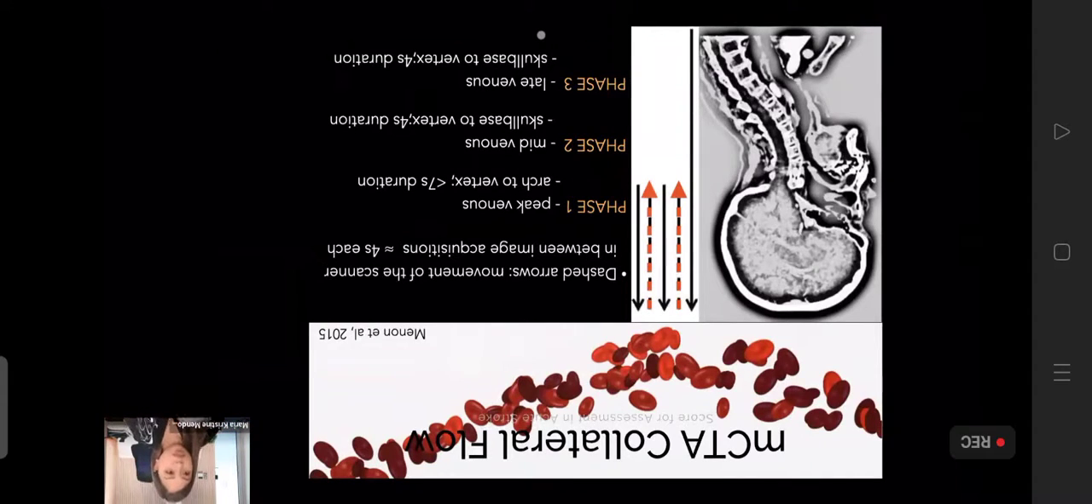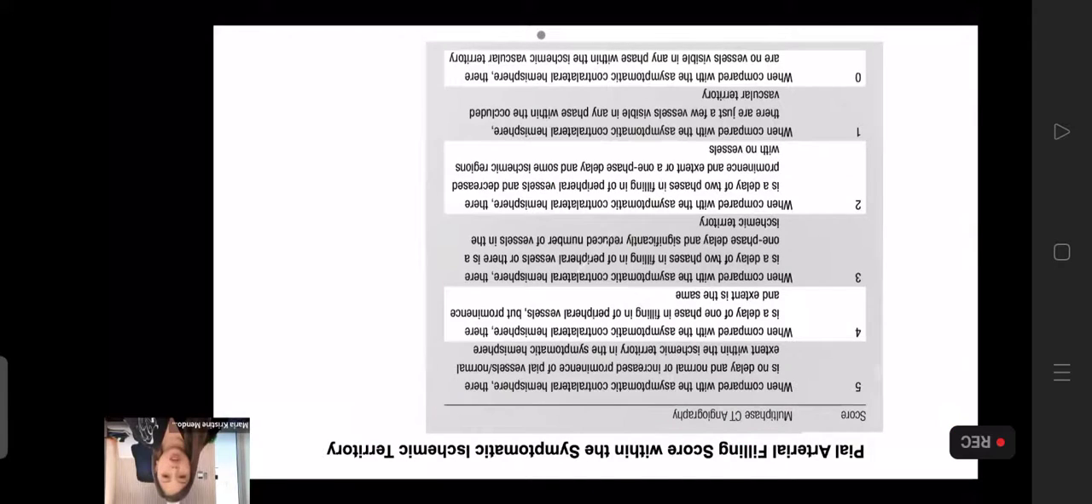So in single phase CT, we usually just do one run of scanning. But for multi-phase CT, we have two additional scans so that we can better assess the collateral. And there is a particular way which I will not expound on anymore in scoring the collateral status